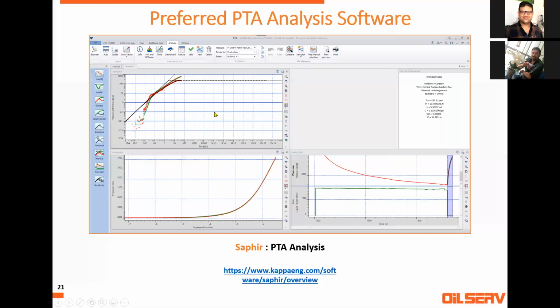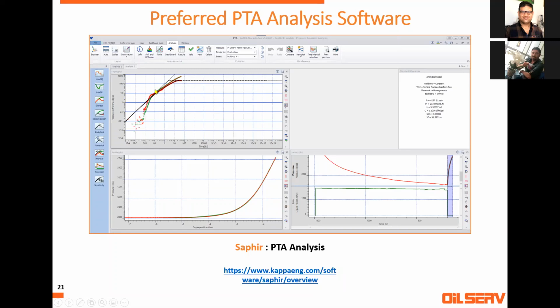The preferred software for pressure transient analysis, which is one of the strongest in the market, is Saphir. This is the user interface for Saphir. On the left-hand side, you will find the interpretation steps. You load your flow rate, your Q, then you extract your derivatives.